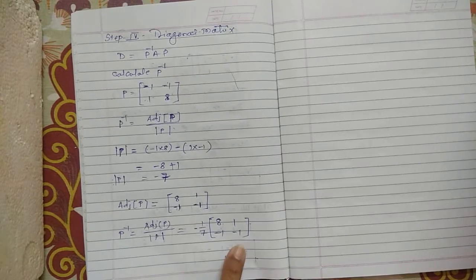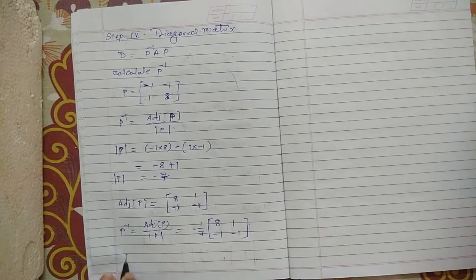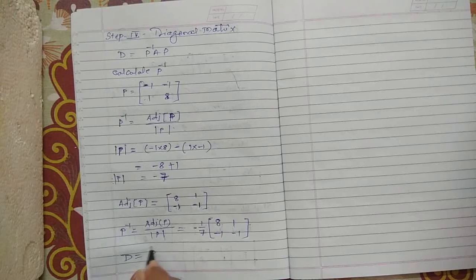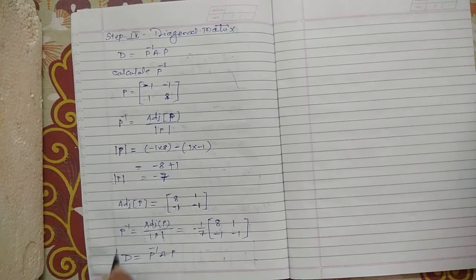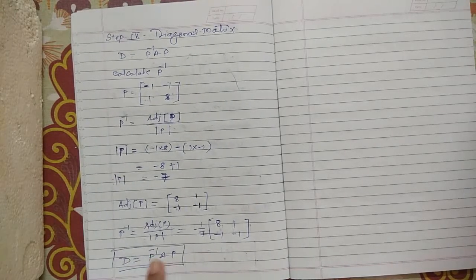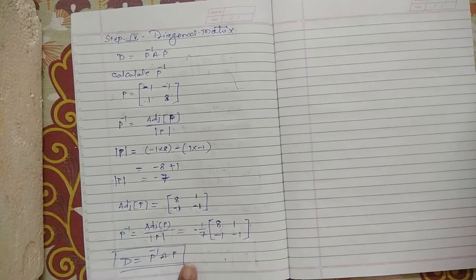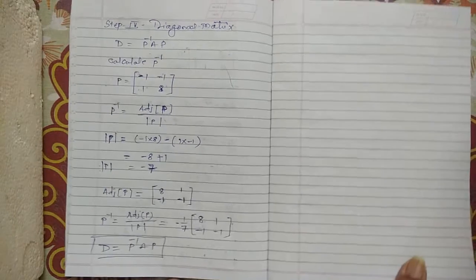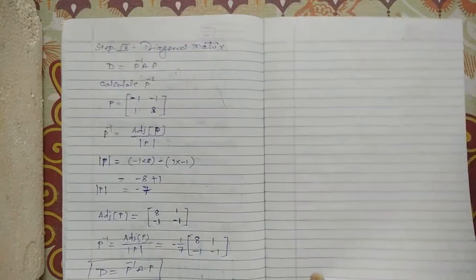Now I know the P inverse. The diagonal matrix D is equal to P inverse A P. In this formula, we know the P inverse, we know the A, and we know the P, so we will put the values into that one. Now my D becomes